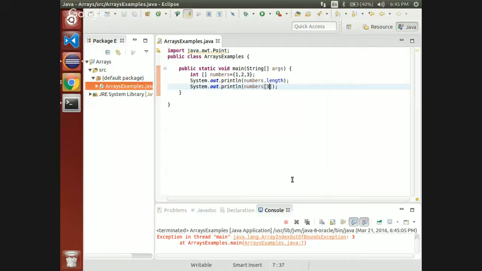Cool. One really cool thing about this is that we can do something like this. New int of 10, for example, and this will do 10 ints. And we can do